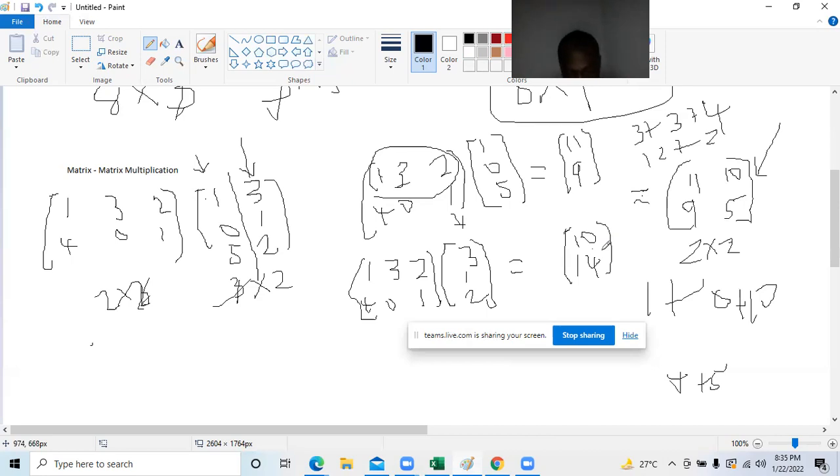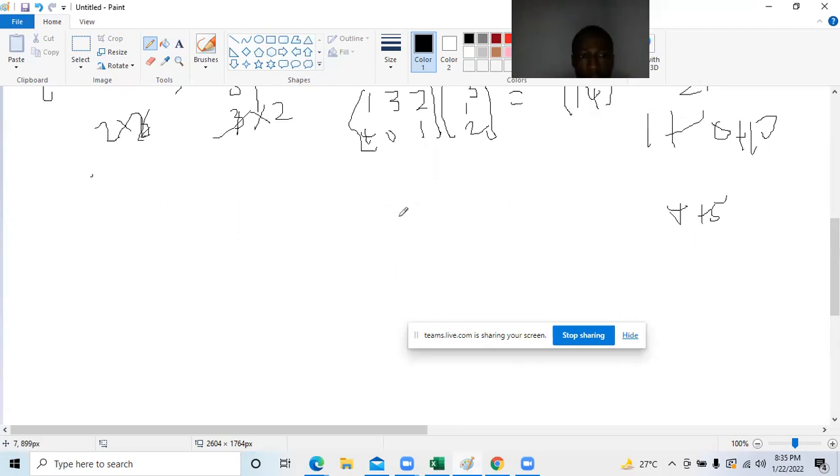Does that make any sense? So that's how we got our matrix multiplication. Do you understand it now? All right. In absence of any questions, we are going to take the next topic, which is